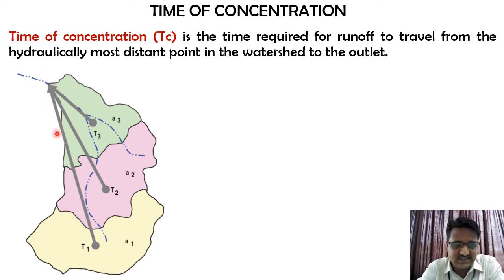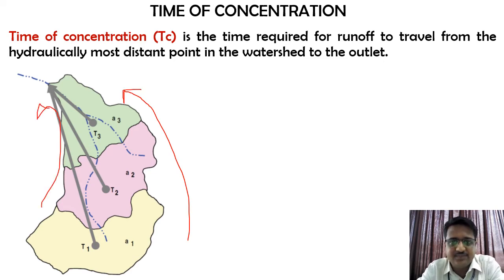Let's take this figure as an example. The entire slope is towards the upper side. This is how the entire slope of that area is. Now first of all, what do you mean by watershed? You can see this border line, which is what we call a watershed line. What this watershed line does is differentiate one catchment area from the other catchment area.